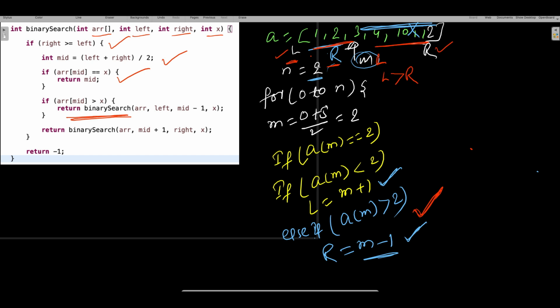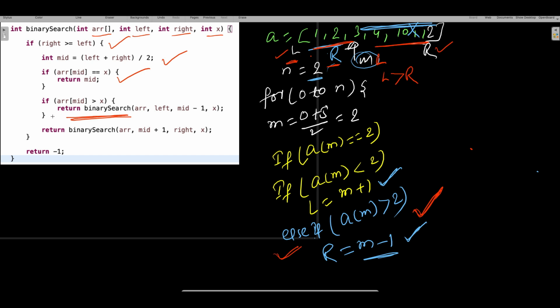So when I was looking for number equal to 2, let's say 1 2 3 4 5 12, you are looking for number equal to 2. In that case, you will fall here, and when you fall here, your r will be m minus 1, which I have already explained. So this is your left, and your right is going to be middle minus 1, and x, the number you are looking for. So what happens?